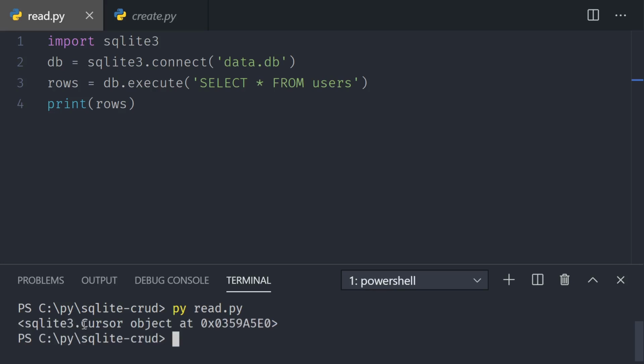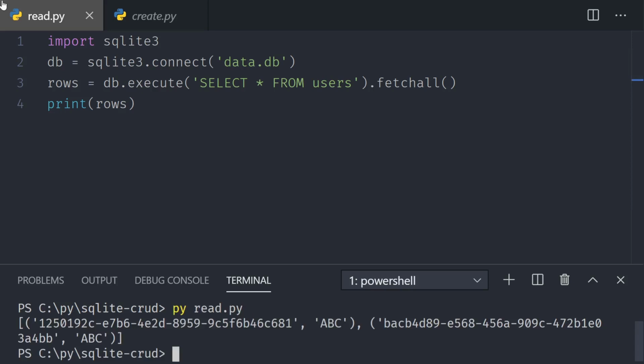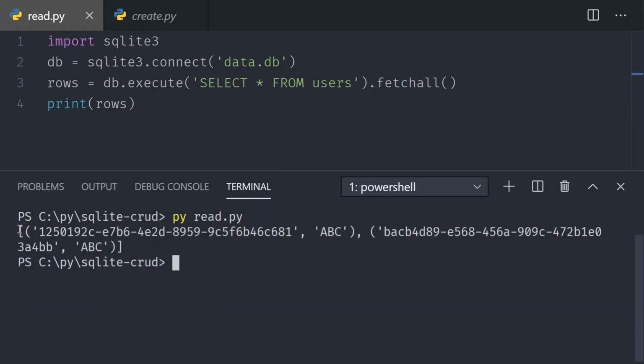Here we have an issue that rows is pointing to something in the database, but we are not really getting anything out of it. So we can say fetch all. Pay attention to the letter A is not capitalized, it's lowercase. So save it, rerun the command, and now you can see that what we get out of it is this